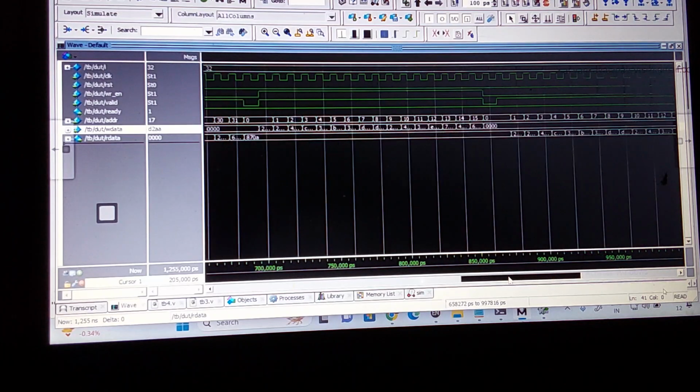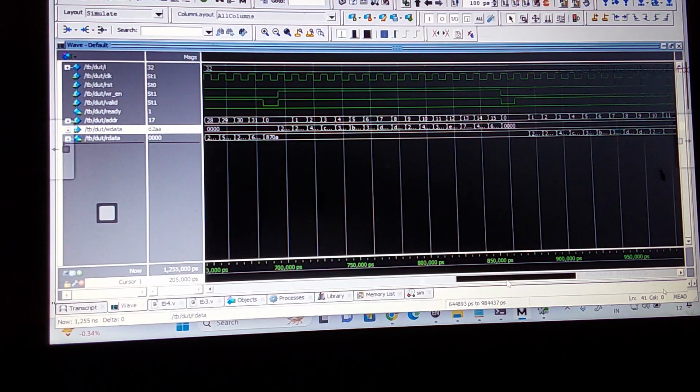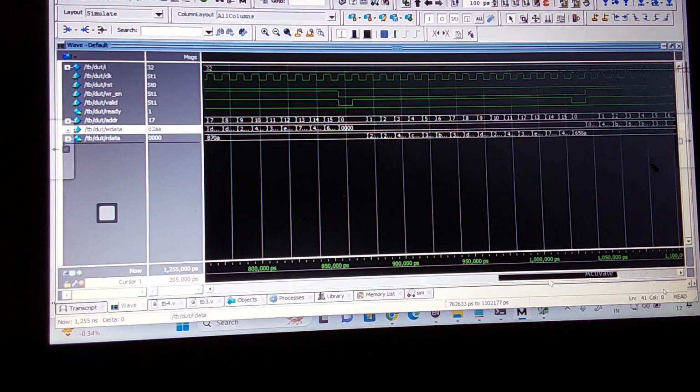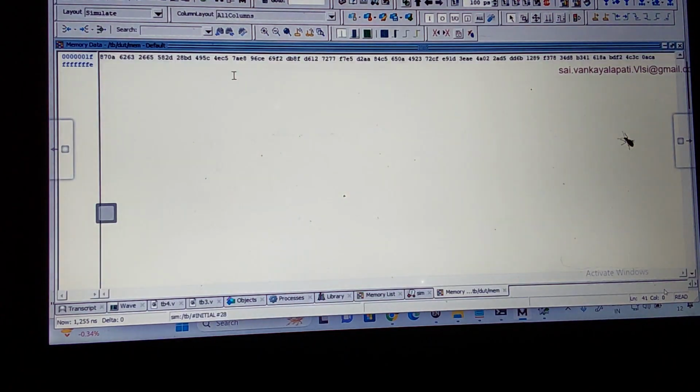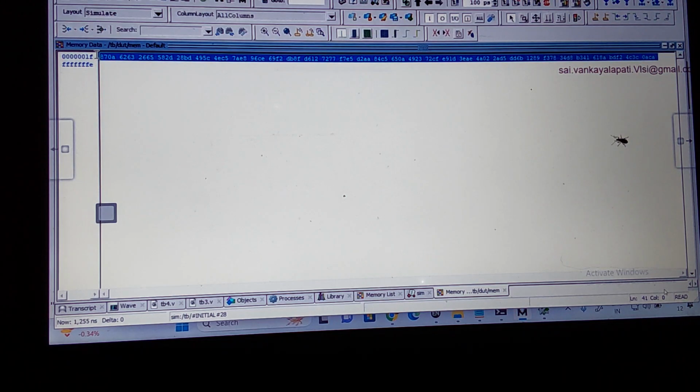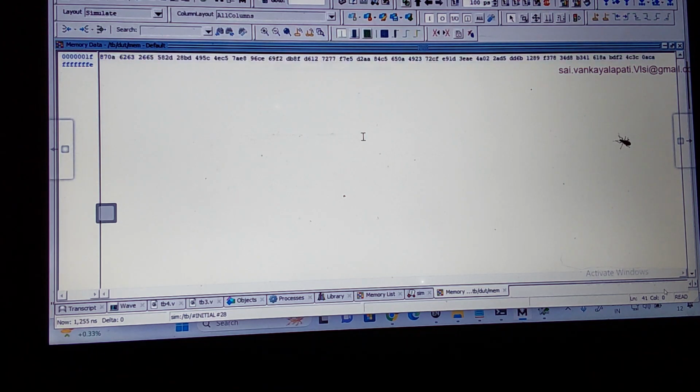Now, read operation is done for the complete location. First time task calling. Second time, how? Third time, what? Did you understand? This is front door access. In the memory, which one is it going to write? First task value, second task value, third task value. This is the memory list. Memory is going. You understand? What is the size, the depth of this memory? 32. Depth is 32 and width is 16.